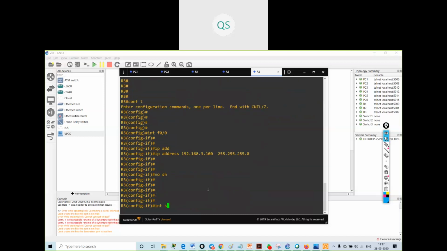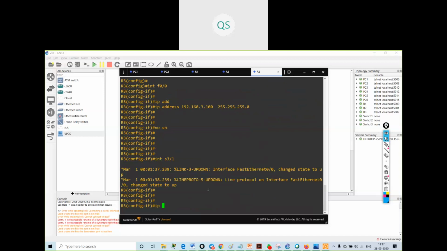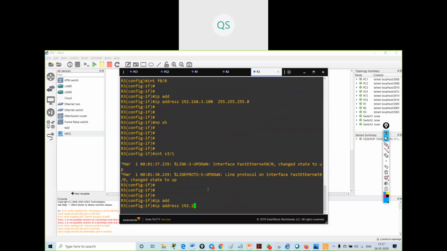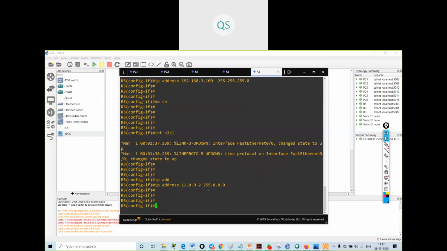Interface serial 3/1, IP address 11.0.0.2 255.0.0.0, okay, no shut.